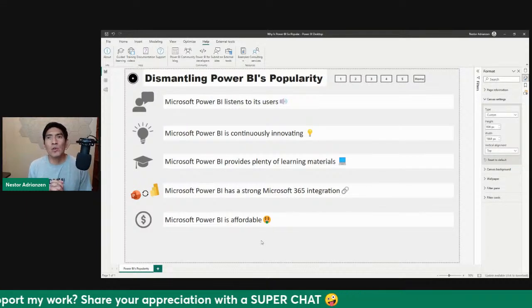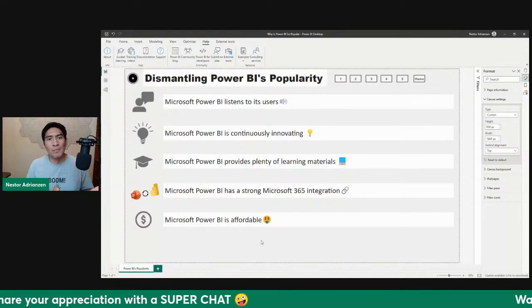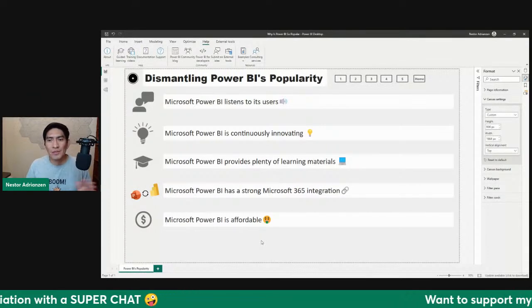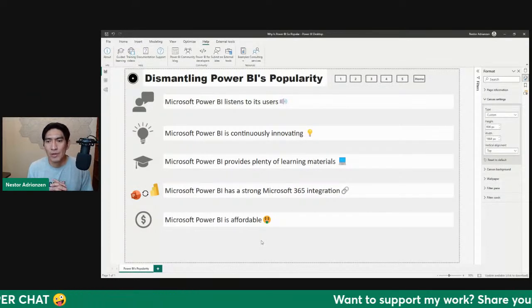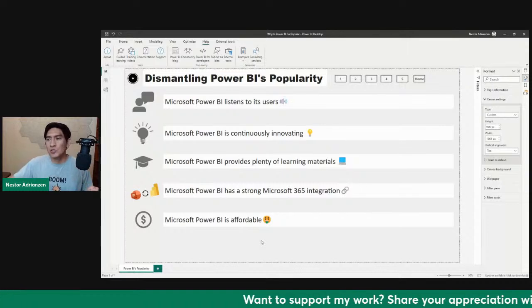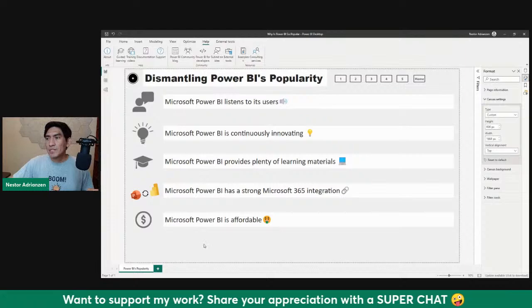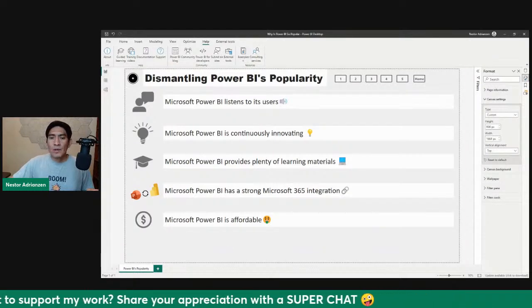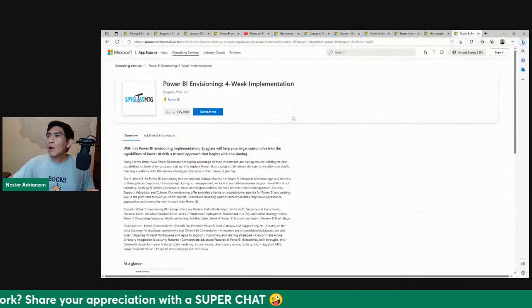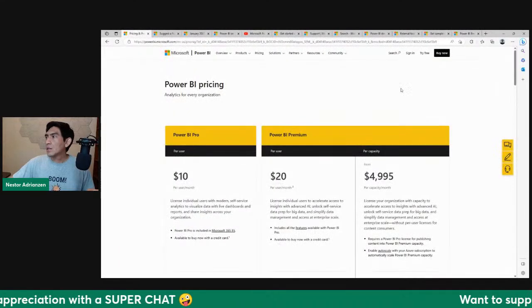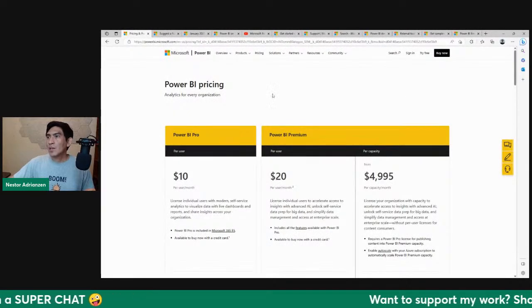Even if you have to pay a monthly fee, Power BI is affordable compared to other data visualization tools like Tableau, for example. It's more expensive. But let's go over here and let's check the pricing.